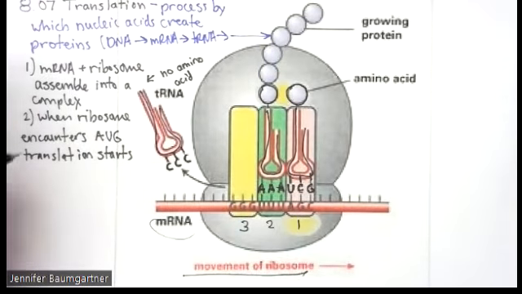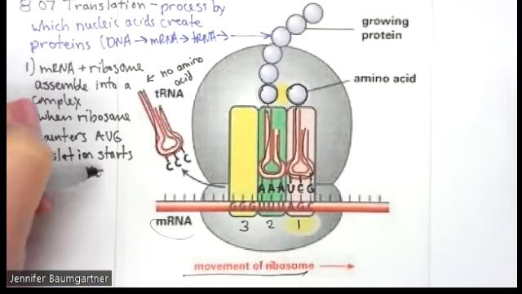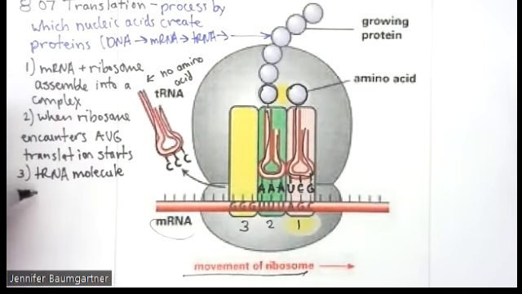So how does this work? Once we hit that AUG, a tRNA molecule with the anticodon